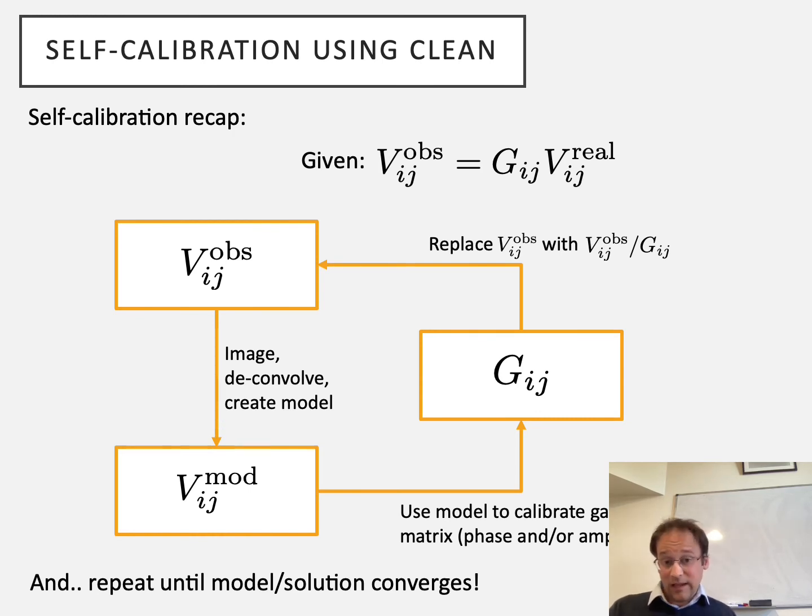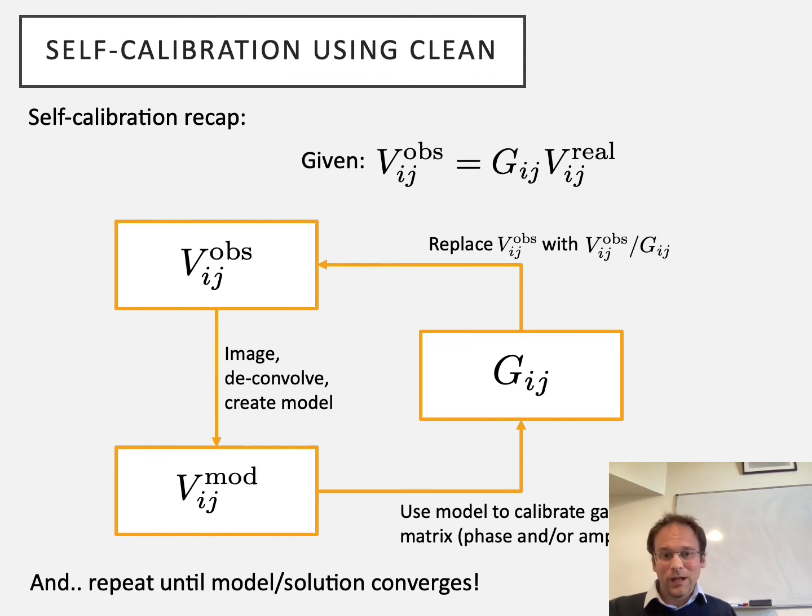Because you can then say, okay, this is what the visibility should look like in my model, and this is what they don't look like, and so I can correct the antenna gains to improve the observed visibilities. Then you can iterate on that process through several loops and see whether it converges to a reasonable solution. So you should see your phases, of course, for a point source at the phase center, hopefully converge to zero,